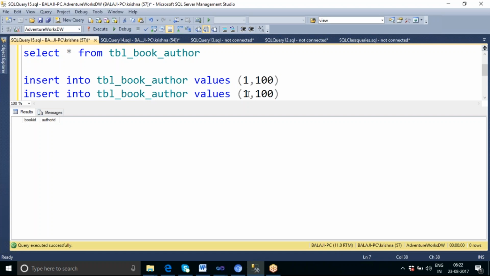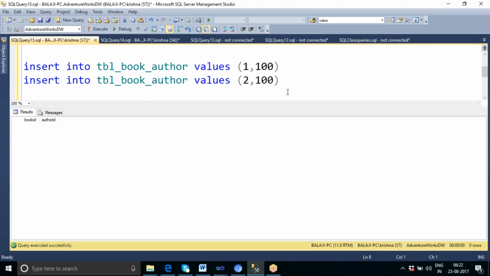Book ID 2 was also written by author ID 100. Book ID 200 is written by author ID 3.